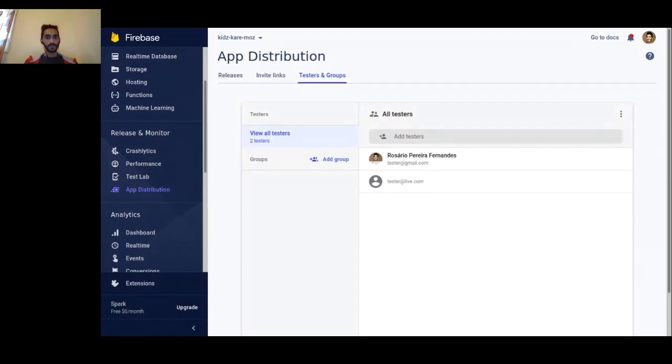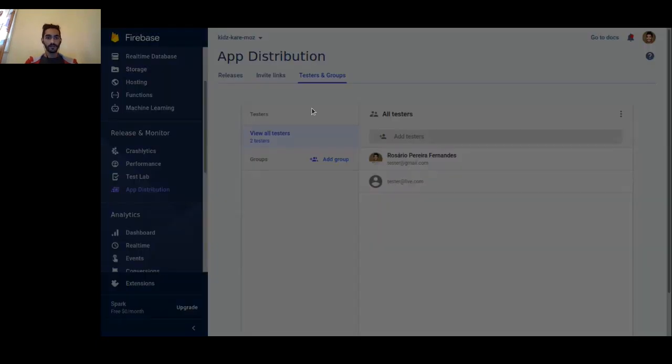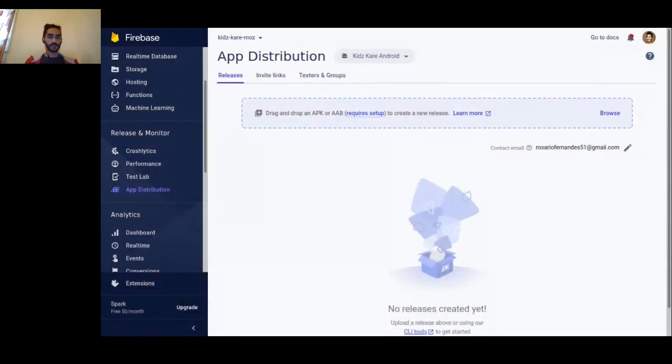So what this allows you to do is create a list of testers or people who will be testing your app. And you do that by specifying their emails on this testers and groups tab. Again, this is under the app distribution section. You start by coming here to the testers and groups tab, and then you can add some testers, and then you can head over to the releases tab, which will allow you to drop an APK or an Android app bundle